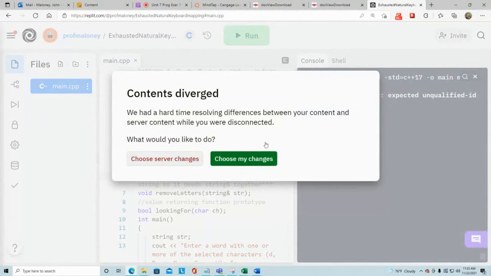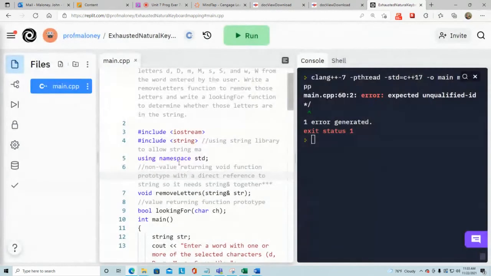What say? Choose my changes. What the heck, contents diverged? What would you like to do? Choose server changes. I don't know what they're saying here. Hopefully it's okay. All right. Anyway,